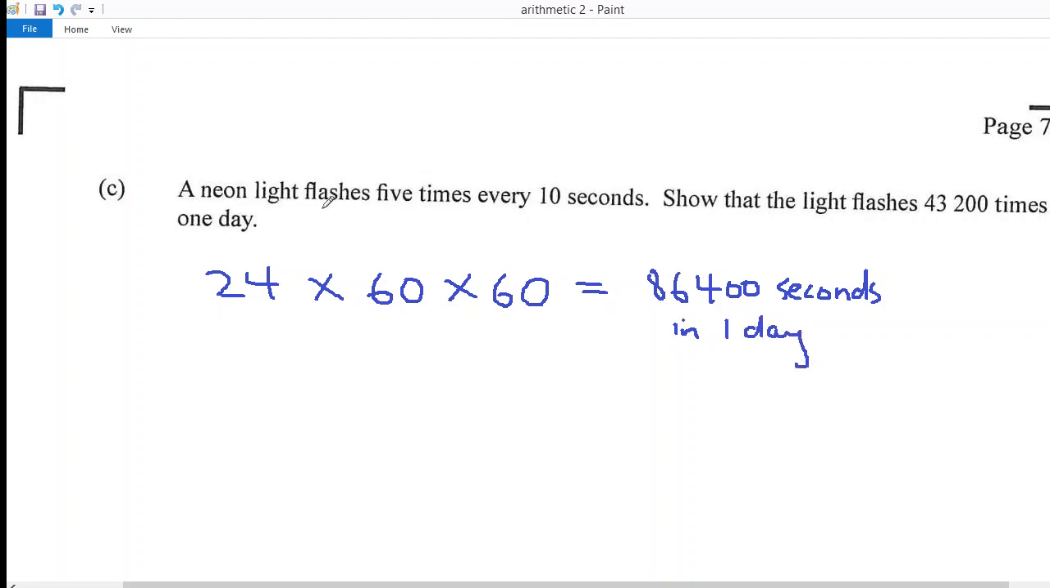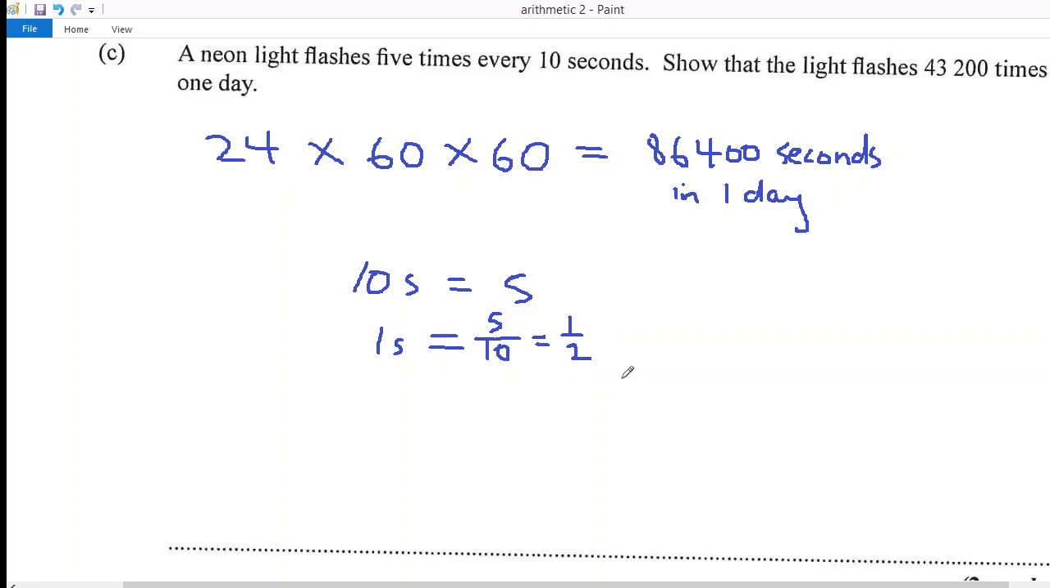So we know that the neon light flashes 5 times every 10 seconds. So in 10 seconds, we get 5 flashes. In 1 second, we get 5 over 10, which is not realistic in real life because this would be half of a flash, right? But we are still going to use this to calculate our answer. So in 86,400 seconds now,